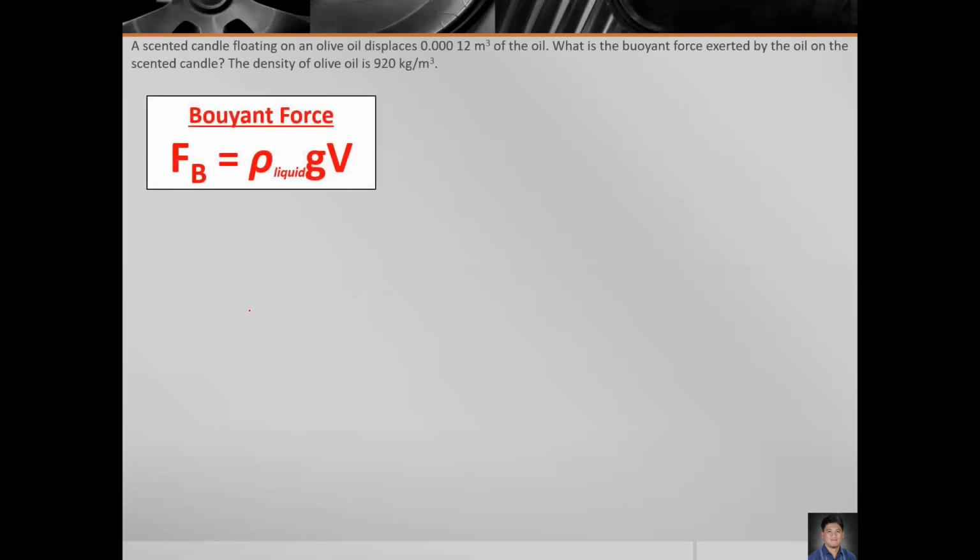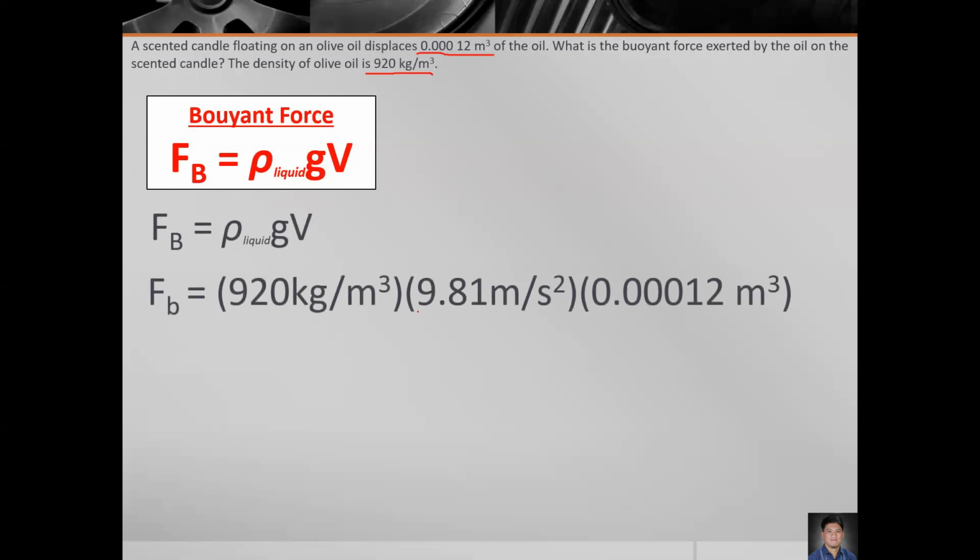So F_B, or the buoyant force, is equal to the density. The density is 920 kilograms per cubic meter, multiplied by the acceleration due to gravity, which is 9.81 meters per second squared, then multiplied by the volume, which is 0.0012 cubic meters. So substitute, okay? So cancel the cubic meter. So 920 kilograms times 9.81 meters per second squared times 0.0012, that is equal to